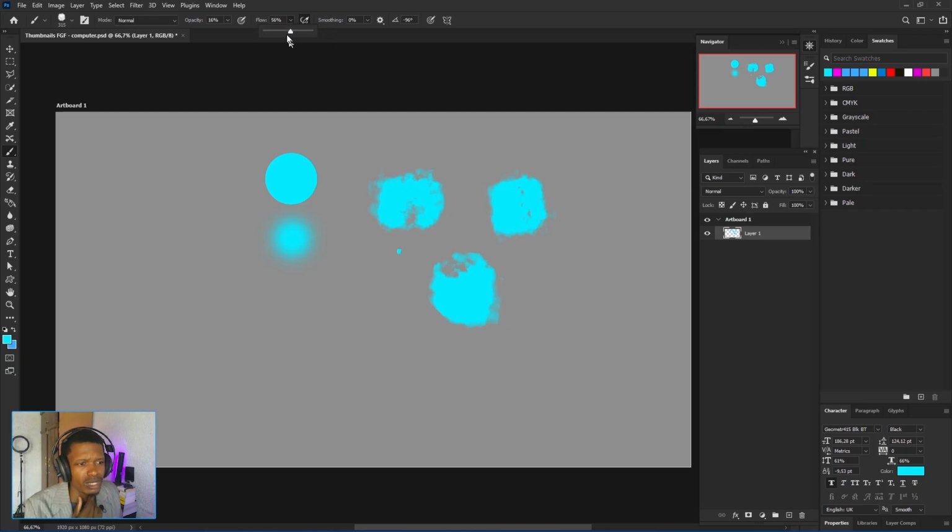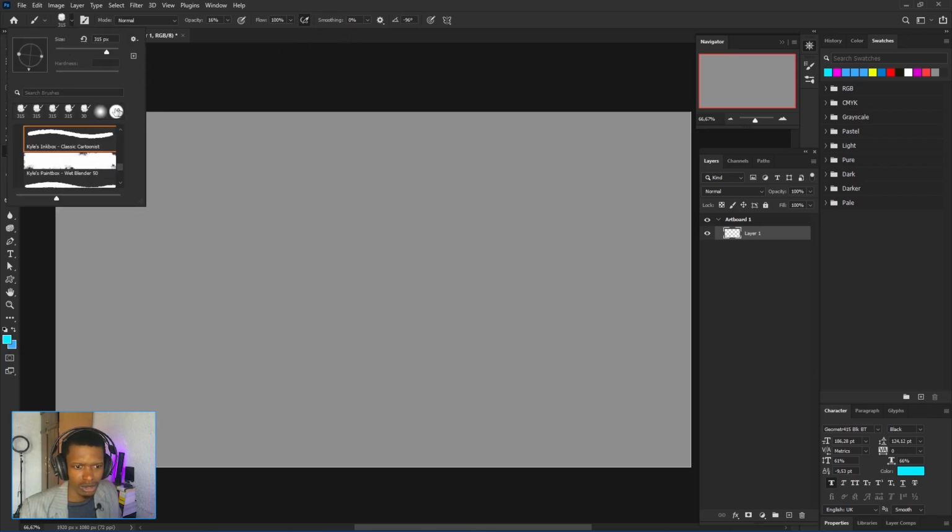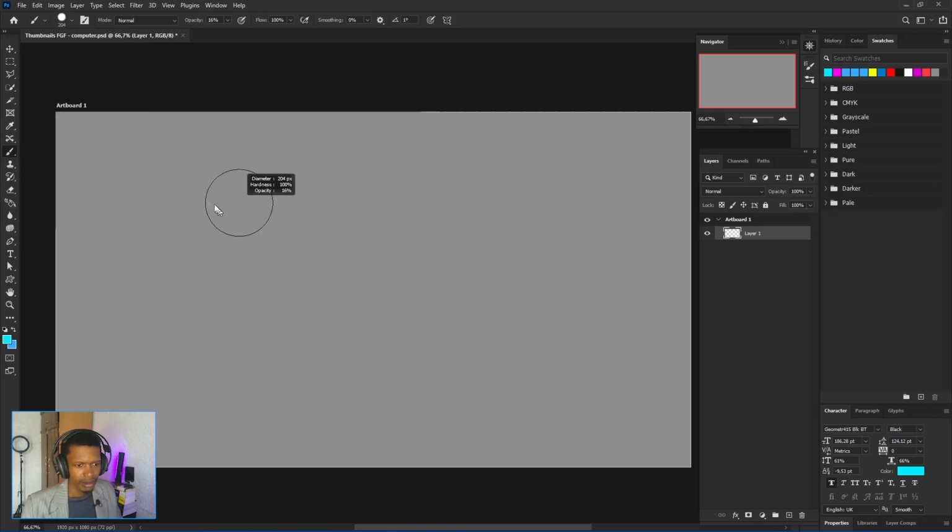Now the brush flow is very, you know what, let me just delete this layer and put a new layer so I can show you the brush flow. Let me put it to 100%, and then bring the brush to a regular brush like that one. Now, if you're wondering how I make the brush bigger and smaller like that,